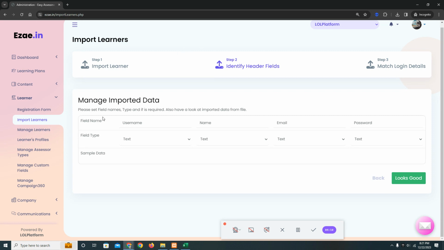If your file has thousands of learners or hundreds of learners, this process may take a little bit of time, but you will be guided along the way. So the second thing I need to do now is step 2, which is identify header fields. So here on the top row, I see some field names,